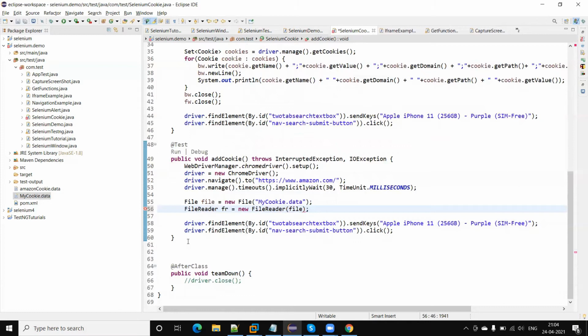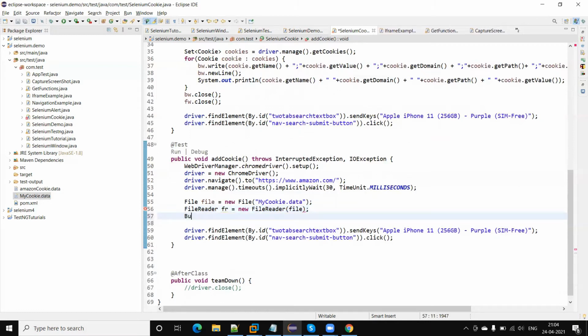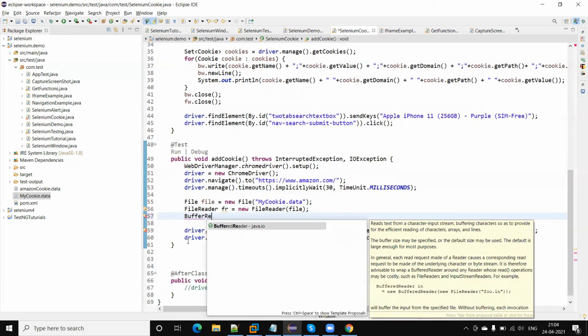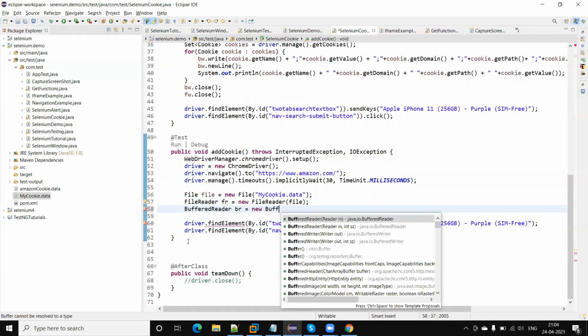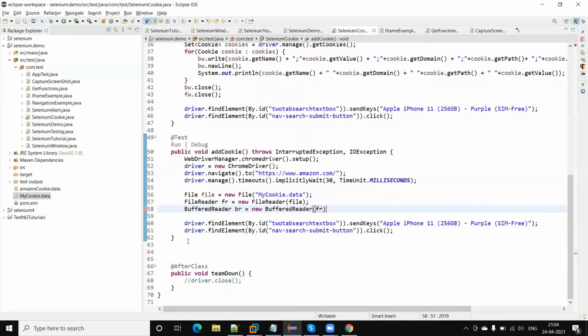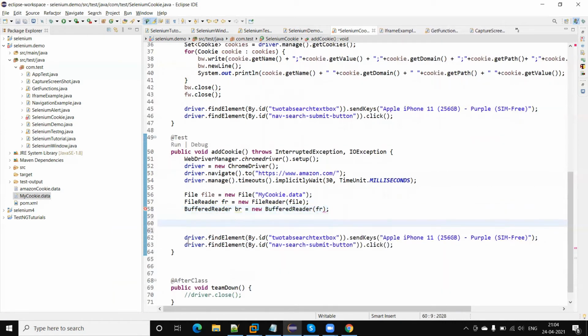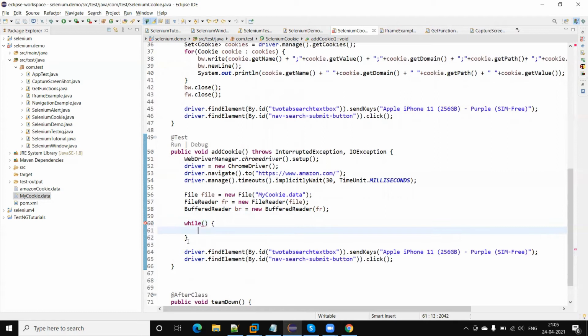Then BufferedReader. Now I am going to run a while loop to check the content and then store it one by one into a cookie object, and those cookies I will add one by one into the browser.